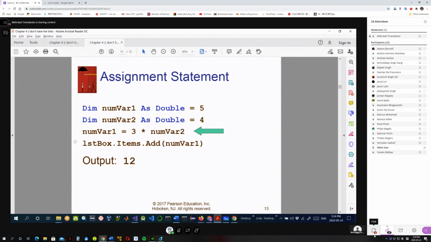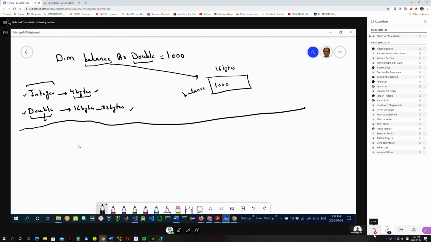Now, var1, var2 means variables. So if we say dim, maybe say speed as